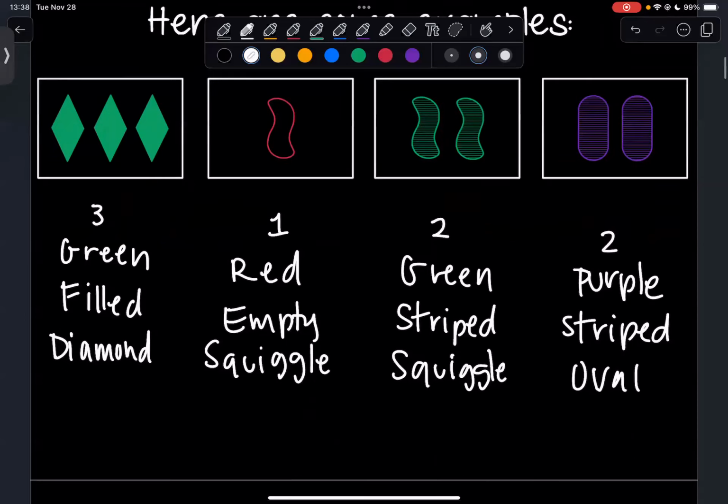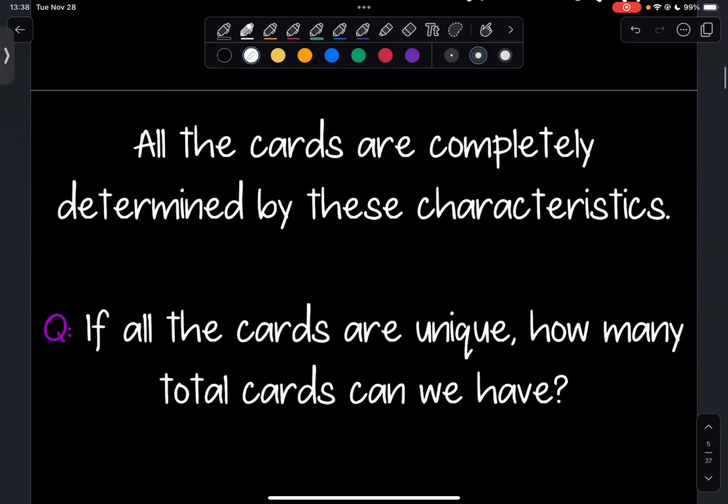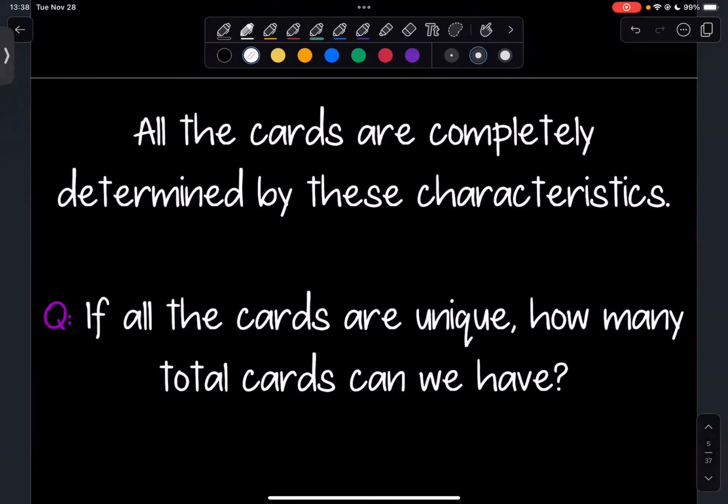Okay, so certain things that we can talk about, right? Actually, first, I'll say this. All the cards are going to be completely determined by these characteristics. They won't have anything else included in them or nothing less. Right, so it has to have all 4 characteristics showing up, and exactly one of the attributes will be showing up here.